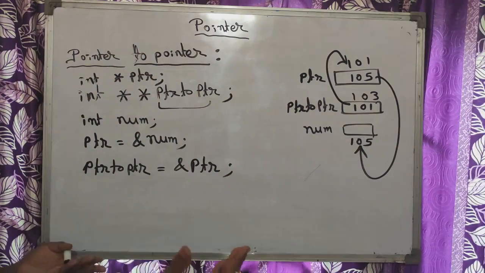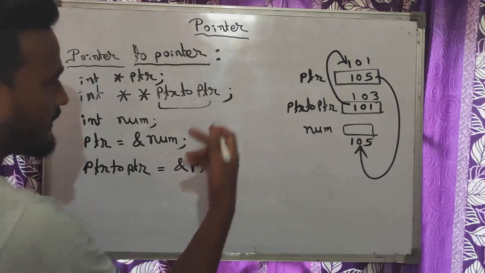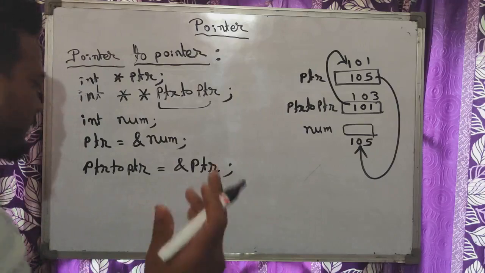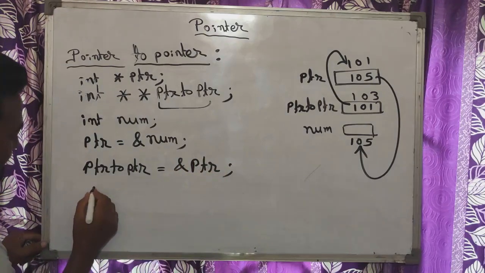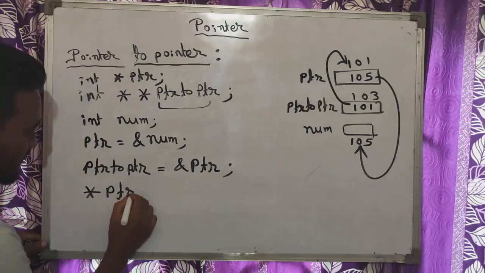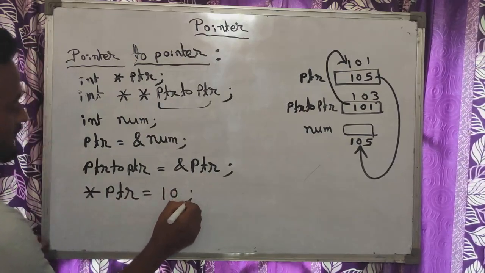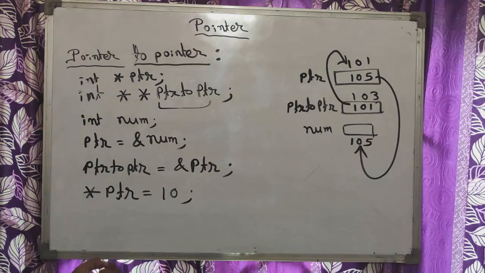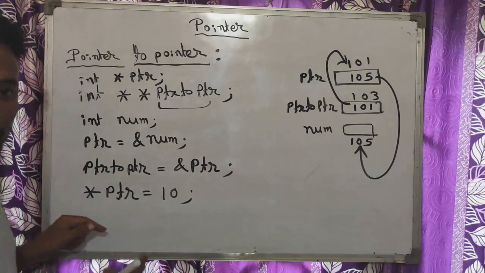That way also you can do. Or if you want to assign the value with the help of a pointer, then also you can do it. How? You can see here. Say I am writing here, the dereferencing concept is there. So *ptr = 10. This is how we can also assign the value, with the help of a pointer.